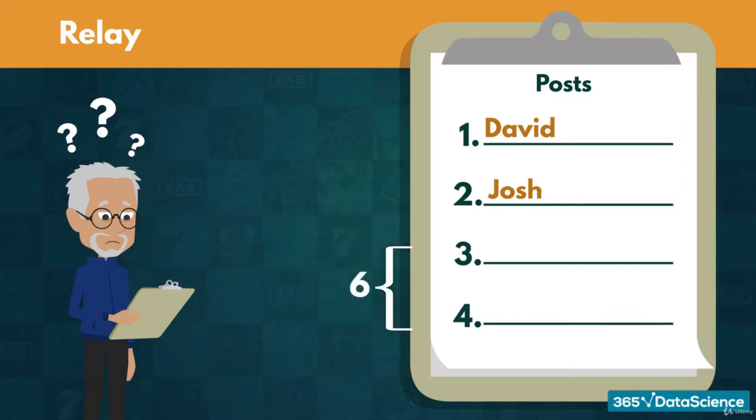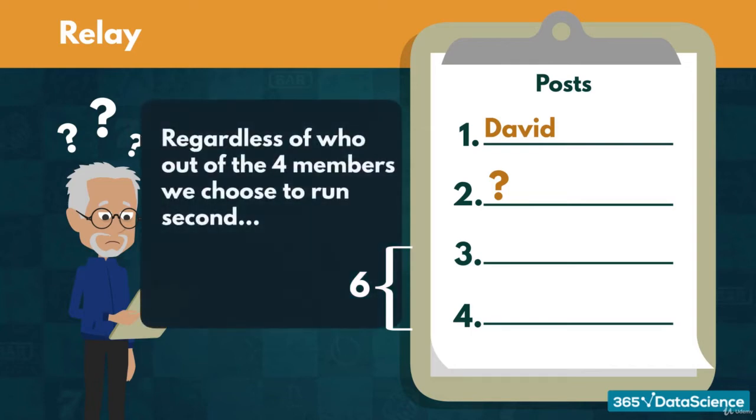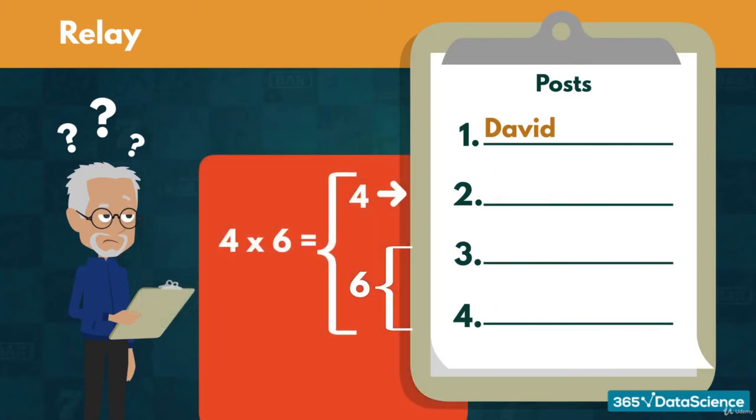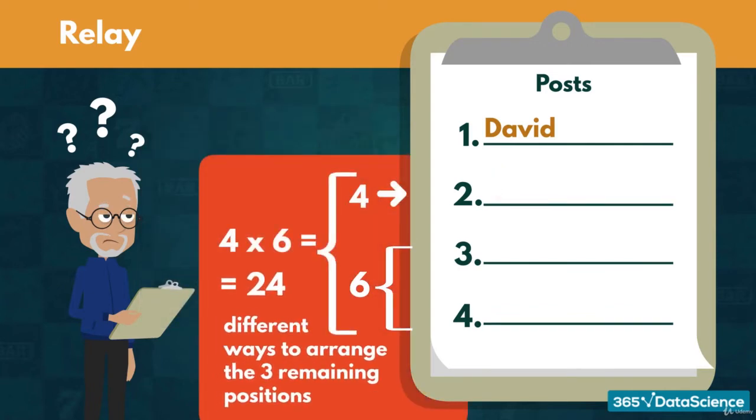Using a similar logic, if we pick somebody different than Josh to run second, we would still have 6 possible variations for who runs third and fourth. In fact, regardless of who out of the 4 members of the team we chose to run second, we would always have 6 options for who fills out the remaining spots on the team. That suggests there are 4 times 6, or 24 different ways to arrange the 3 remaining positions if we knew